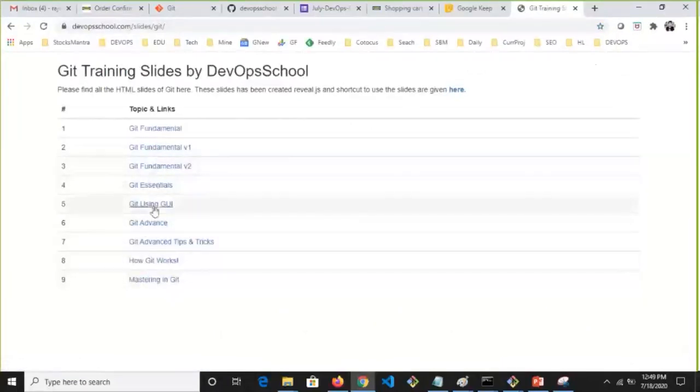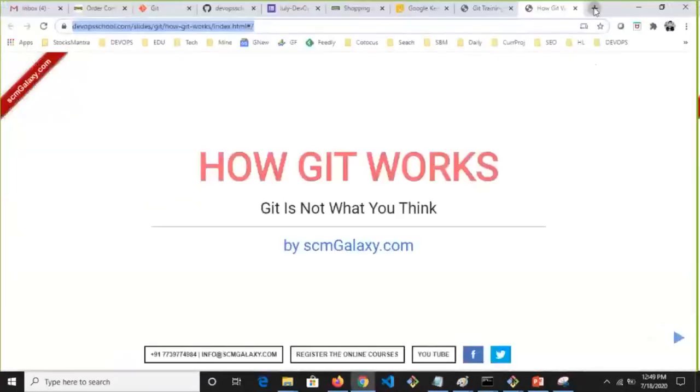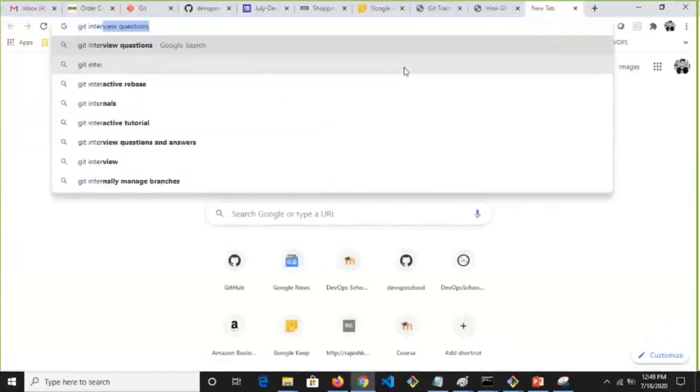Try reading how Git works. There is one more article you can read on how Git works, and it's a very good topic. You'll love it if you have a fascination for the algorithms and all. It's about Git internals.